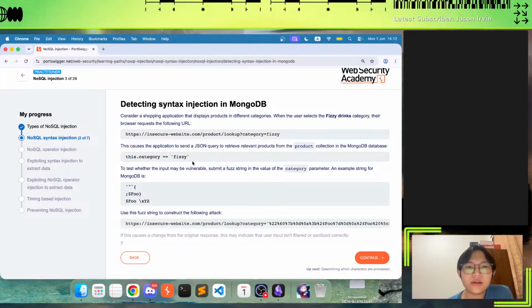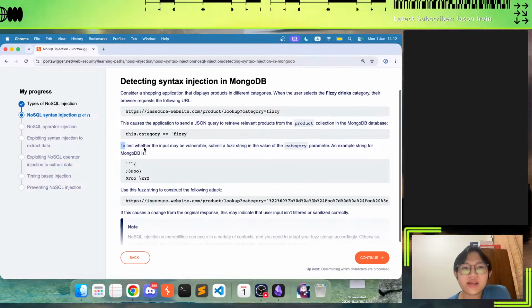So this is similar to accessing a class, right? This category fizzy. To test whether the input may be vulnerable, submit a fuzz string in the value of the category parameter. An example string for MongoDB is